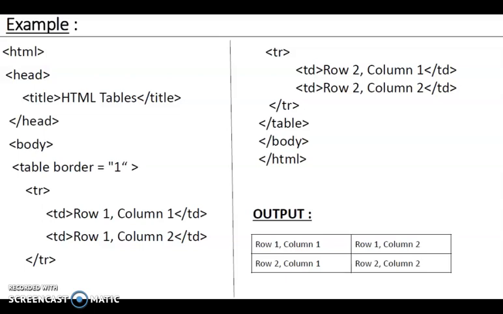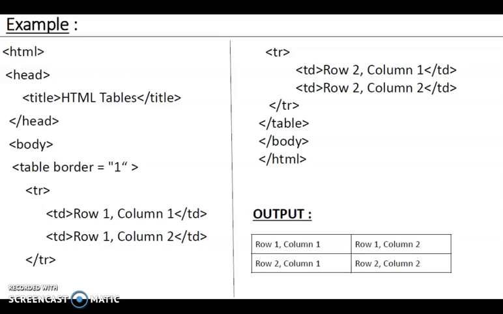Okay. After that, I mention the TR. Now what is the meaning of the TR tag? It is used to display the table row, that is TR. After that, you have a TD, that is the table data. In between TD, first I mention row 1 column 1 and then in the next TD I mention row 1 column 2. Okay, both these TD tags are displayed in between the TR. Means what? This TR is your first row.